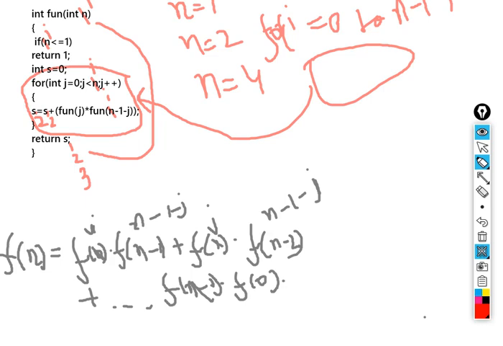And what would be the size? The size would be n over here, because we are running a loop, and we would be requiring all the values for every other value. Like for n equal to 4, you require n equal to 1, 2, 3. So we would be requiring a dp now.